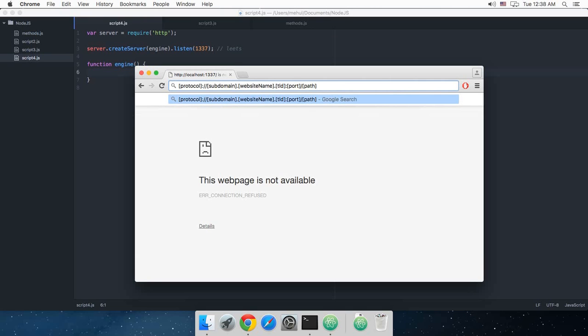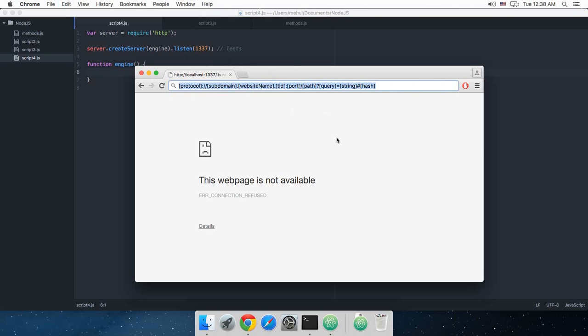So path, and why not just complete this out, and then you have the query, then the string, and then the hash. So that is the maximum information a URL can contain, and correct me if I'm wrong, but I guess I'm right. So pick up any URL you have, and you could eventually split it up into all of these components which I have written. So what happens is that this 1337 is the port number, and